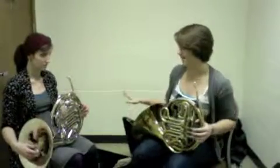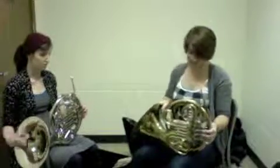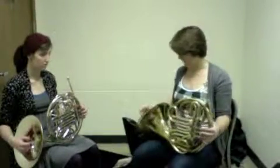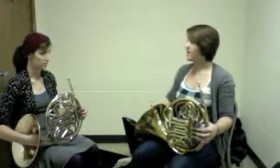I'm going to tell you how to do it because I think this is kind of cool about the French horn. Our right hand can really change the pitch. If you hold it wrong, it can